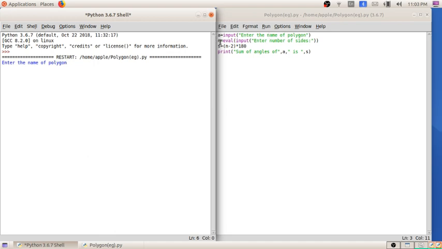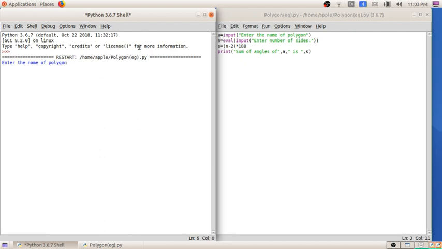Everything which we want the computer to perform, that means what all things the computer must do for us, all those things must be stored in a variable. We have to assign each and everything to a variable, and we have to make them familiar to the computer that these are stored in a variable. Then only the computer will understand, then only the computer will give the output. So this statement is stored in a variable A.